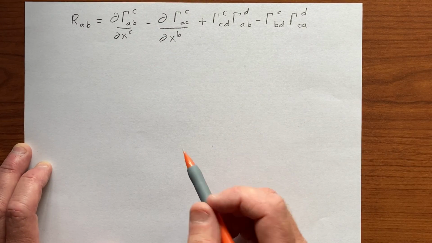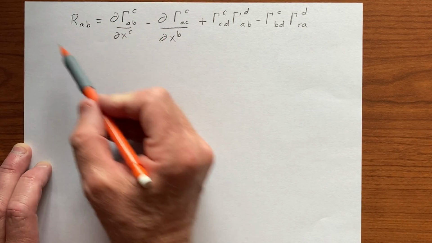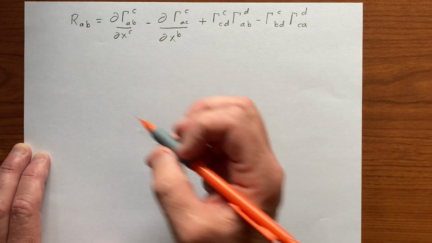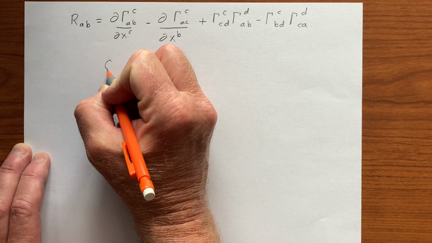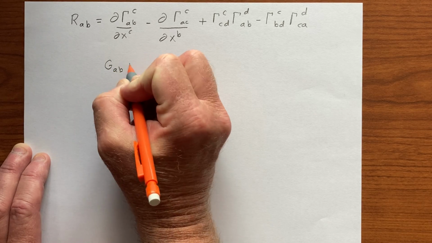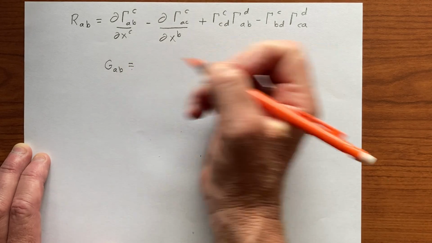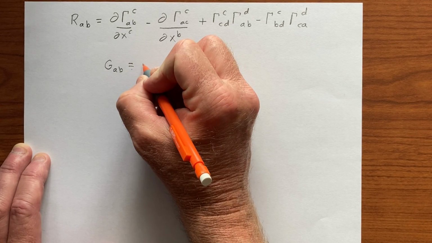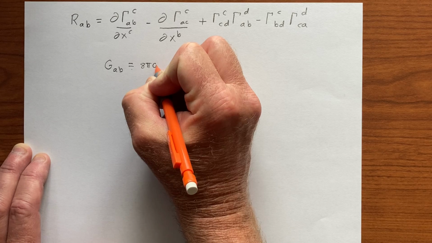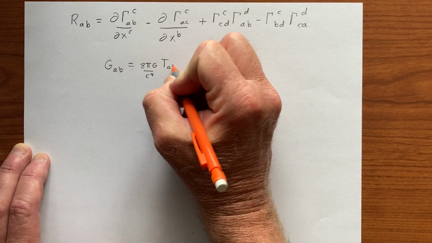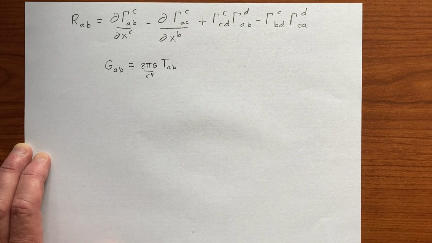So let's remind ourselves that we need the Riemann tensor in order to evaluate the left-hand side of the Einstein equation, G_AB equals 8 pi G over c to the fourth T_AB, and